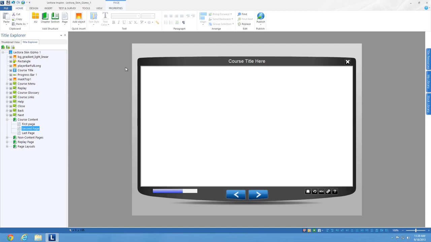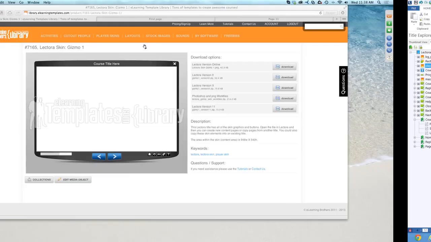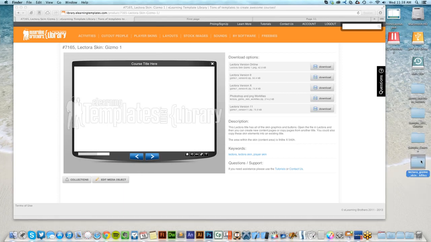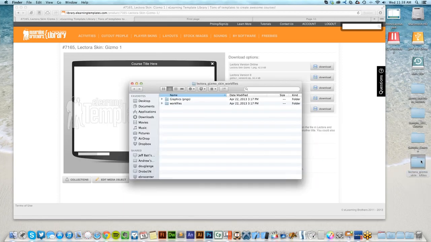Now, if you wanted to change the colors and different elements about this, you can't actually do that inside of Lectora. What you would do is you would actually download the Photoshop and PNG files for this specific course if you're going to customize it, if you're going to change the color and different aspects of it. So if I click on this download button, it will download a separate folder for me, and it will give me all the source files that were used to actually build this player. So if you have a very custom look and custom color fill, this is how you would change it to make this style match your